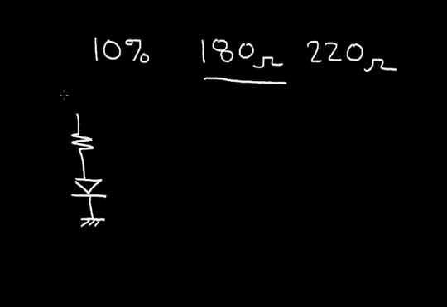And let's say that the power supply can be 10% high. So instead of being 5 volts, it's at 5.5 volts. That'll give me the most current in this resistor. Now, if my resistor is at a low value, instead of 180 ohms, if it's 10% down, say at 162 ohms,